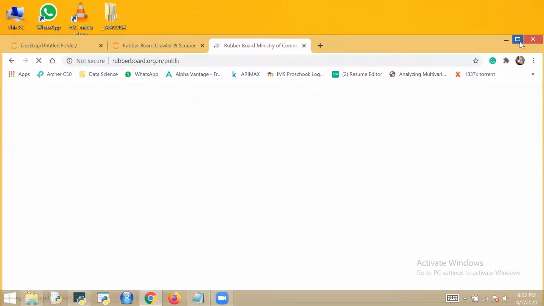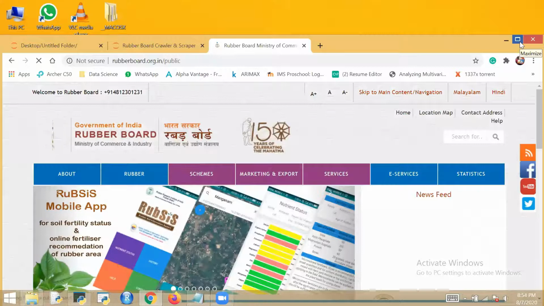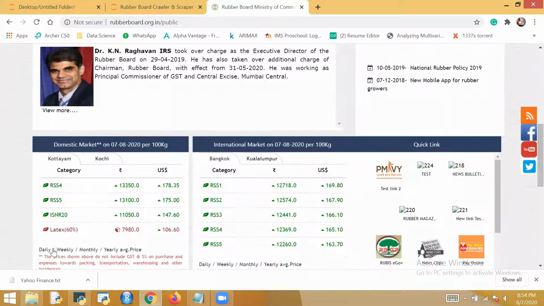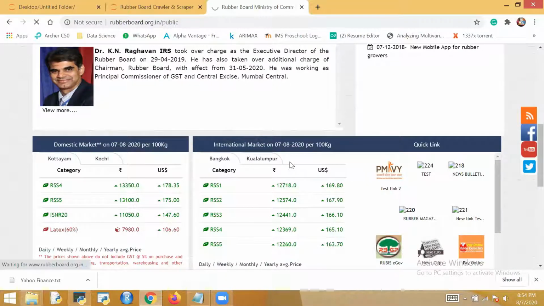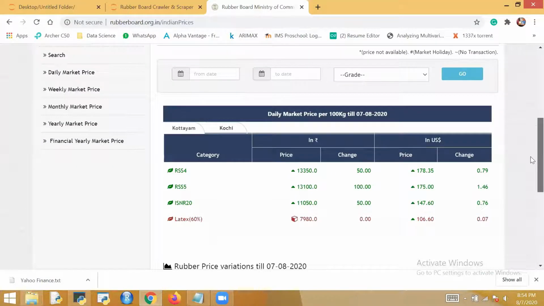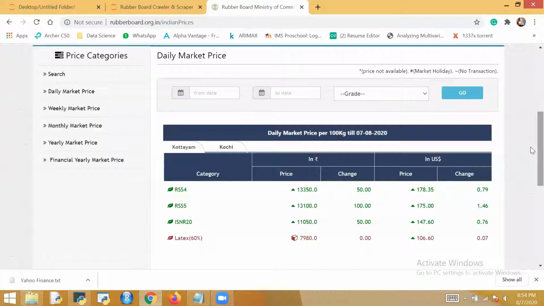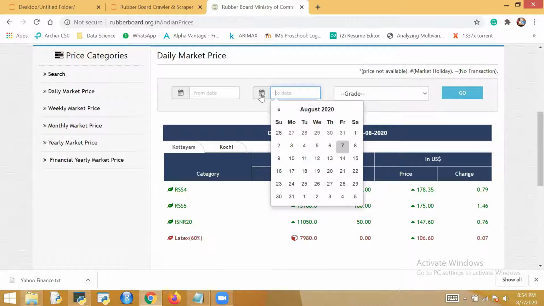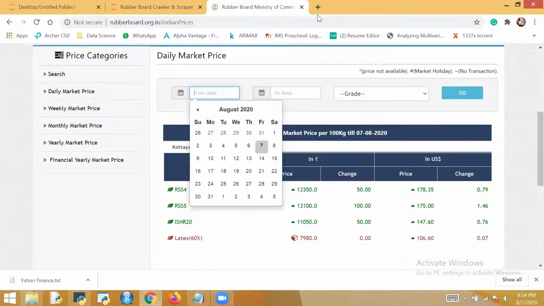Why I'm scraping this website: at least you guys can show this on your CV. I've done web scraping of this rubber board for the national and international market. It can add weightage to your CV. Then they will ask why you scraped, why you didn't bring in APIs and all. You can say it was costing the company like $100 per month, $200 per month. We have saved that. We can scrape, I have code to scrape Flipkart, EaseMyTrip as well, but we are doing this one first.